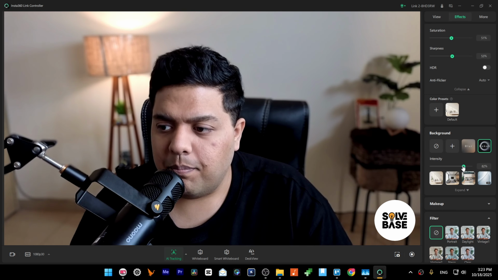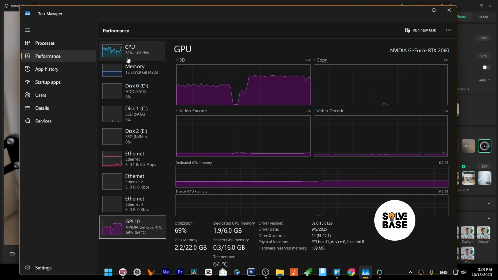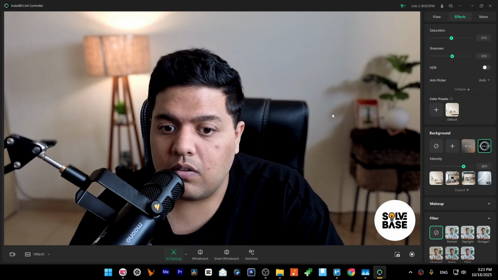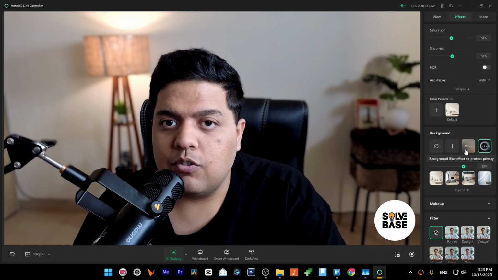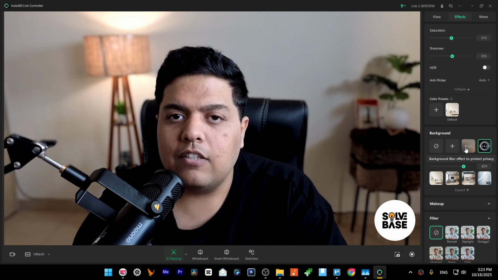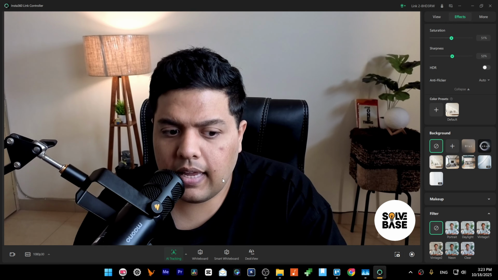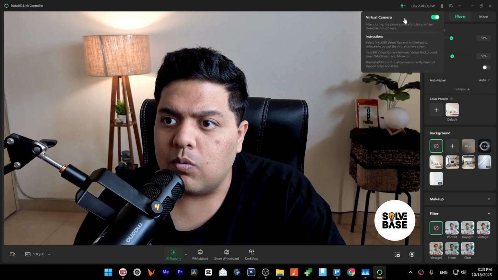The one major drawback of bokeh effect is that if I show you this task manager, you can see that the CPU percentage is increased a lot. So that's one of the major drawbacks I feel. So if you're doing streaming and you're playing a game and you're showing your webcam, it's going to lag because of this. In my opinion, I would say just turn it off and do not even use the virtual cam,